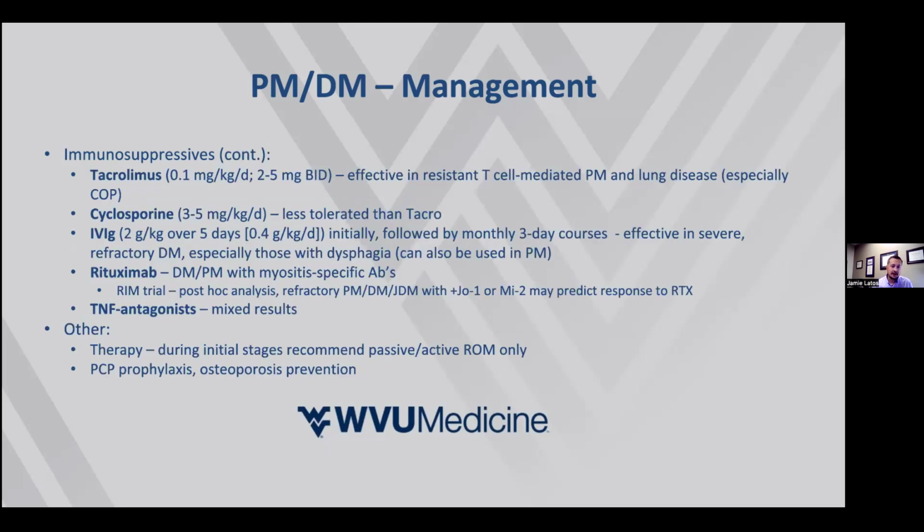Just to highlight a couple other agents on this next slide. IVIG would probably be, especially in the acute phase, in the very affected patient, so the patient that's in the hospital, IVIG can be added there along with high-dose steroids for its very fast-acting benefit at helping to reduce muscle inflammation. Now, it's maybe not the most logistical or feasible long-term maintenance medication, although some patients do take it chronically. But typically it's used up front to help put the fire out,